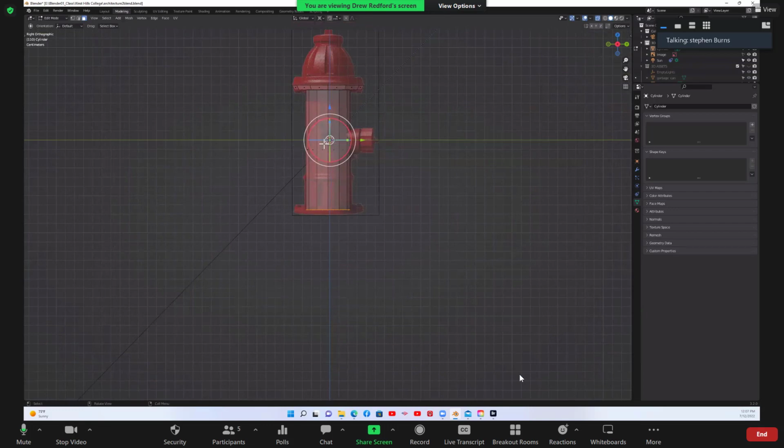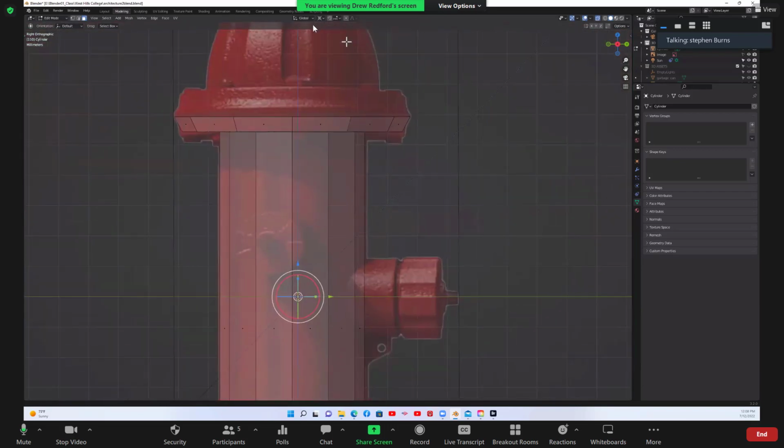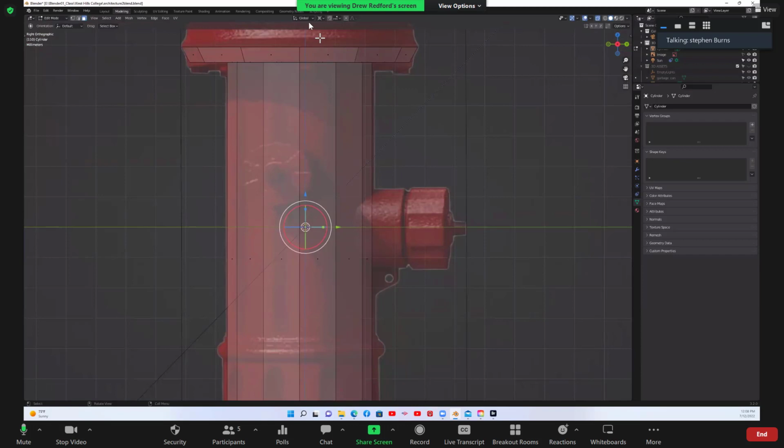Okay. So what you want is at the top of your screen, you've got some options up there. You have global selected. What you want is normals. Then over to the right of that, drop it down, and currently I think you've got 3D cursor.